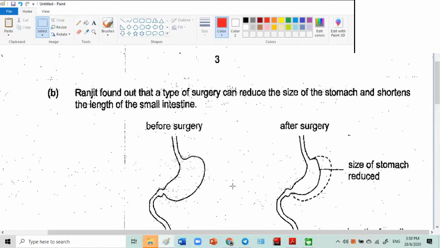Yeah, reduce the size of the stomach, yes, but sometimes it's harder to reduce the size of the stomach. You know what they do? They cut the intestine shorter. You know why? So that there's less time for digestion. Most of the food will be wasted. Cutting the stomach is difficult. Just pull out one tube and cut one tube here, cut one tube there. So it's an easier process than cutting the stomach.